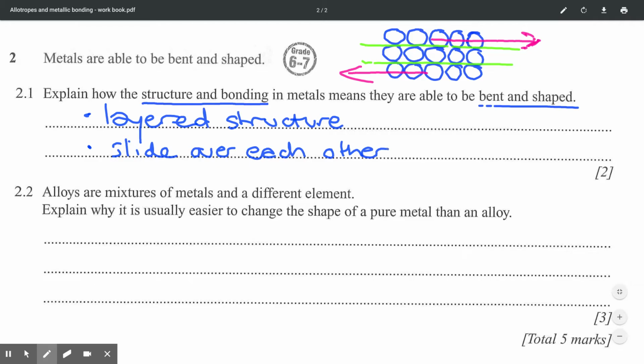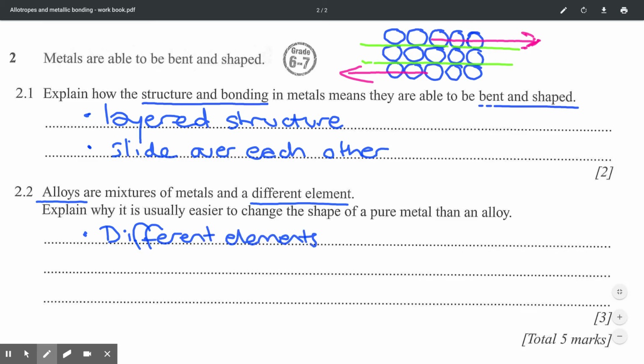So what we can then do is look at alloys, which are obviously a much stronger version of a metal. What they are is a metallic structure, but always with a different element within it. And the question is asking us, why is it easier to change the shape of a pure metal in comparison to an alloy? And the key thing here is that it's the mixture. The key thing is because we've got different elements in it,